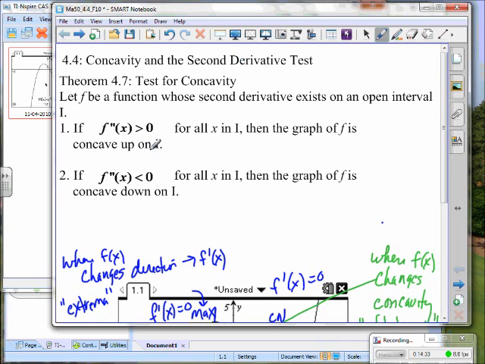Concavity and the second derivative test, so we are going to be using the second derivative. Let f be a function whose second derivative exists on an open interval. So now we're talking not about a first derivative being defined, but now a second derivative. Notice we don't go back and say the function is continuous on the closed interval and